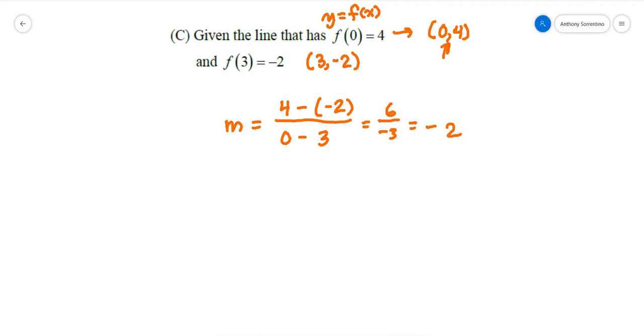So slopes are pretty simple to calculate as long as you know what you're looking for and that you're keeping your variable straight. Now, slopes are a characteristic of linear functions. And so basically, if you can establish that there is a constant slope, that means that you have a linear function. So when you look to example 2,